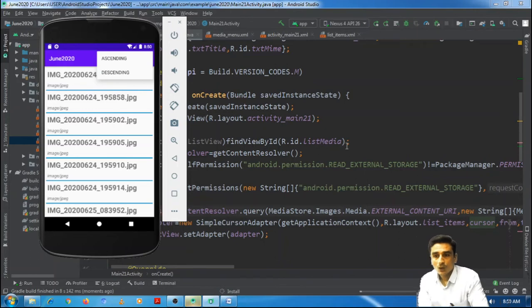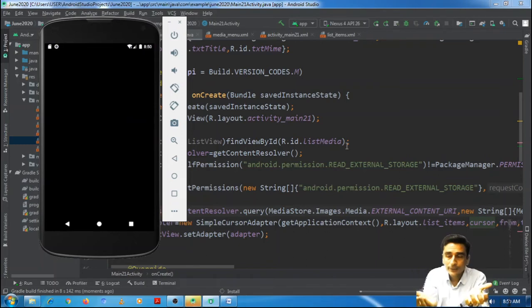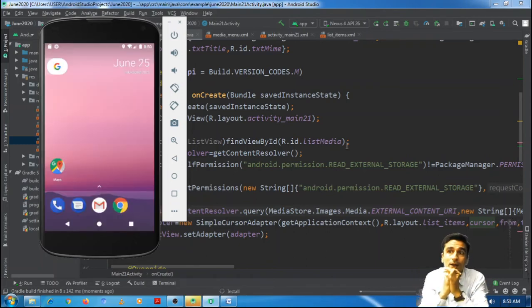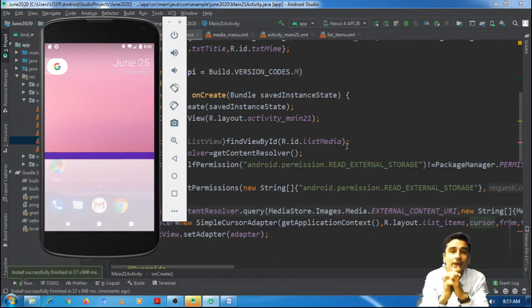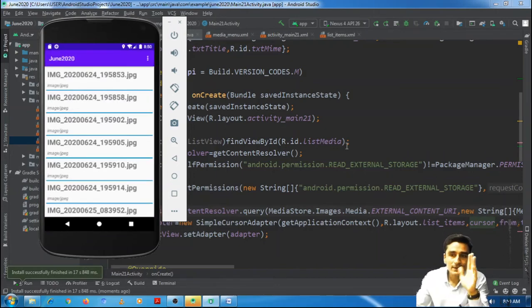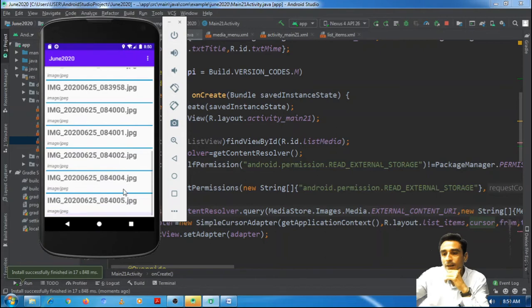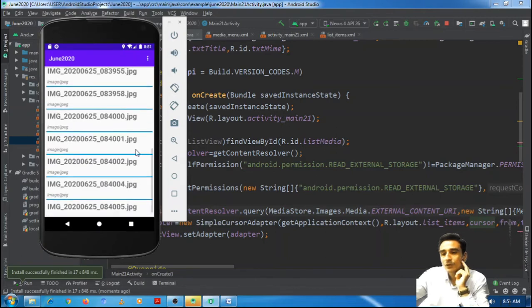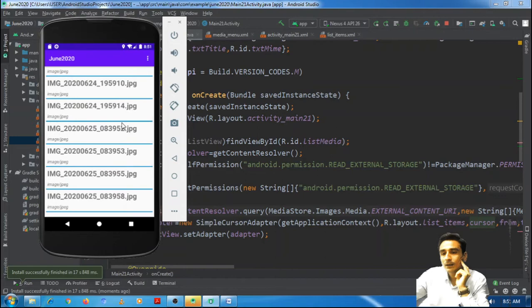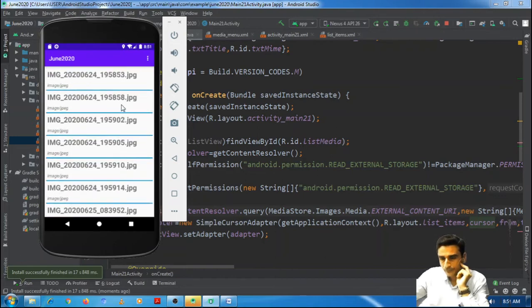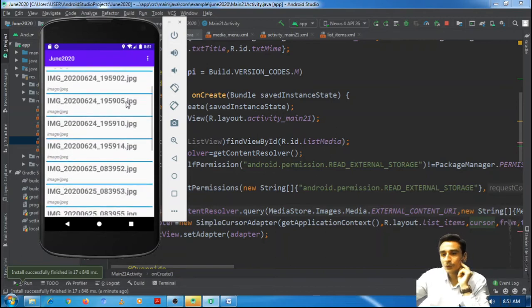So now on selecting any of the options item, our method will be called, we will again query. And yes, we can also call requery because the query will remain the same. Now see 53, 58, 902, 905. This is shown in ascending order. Then 84002, 83, then 853, 858, 90, 952, then